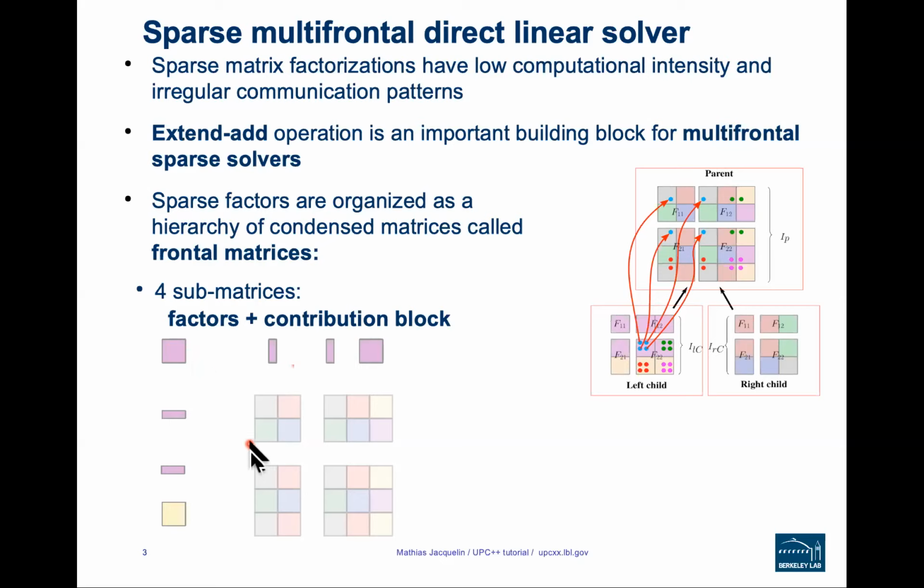So what's going on is that when you're actually factoring the matrix, when you're going to be done factoring these block columns to the left here, you will have to update the trailing matrix, which are the columns to the right. And because operations are sparse, you're only going to update a subset of them. So indeed, those tiny blocks correspond to a sparse update. However, in multifrontal algorithms, everything is condensed like this, as basically a view of the update from this block of columns to the rest of the trailing matrix.